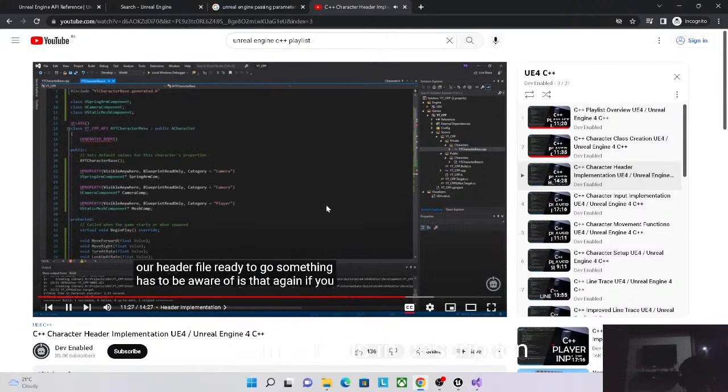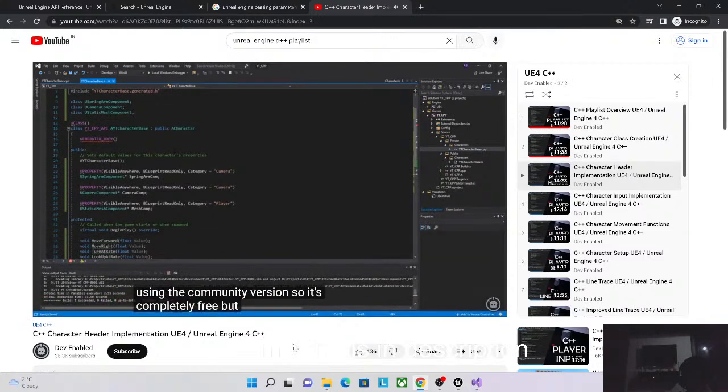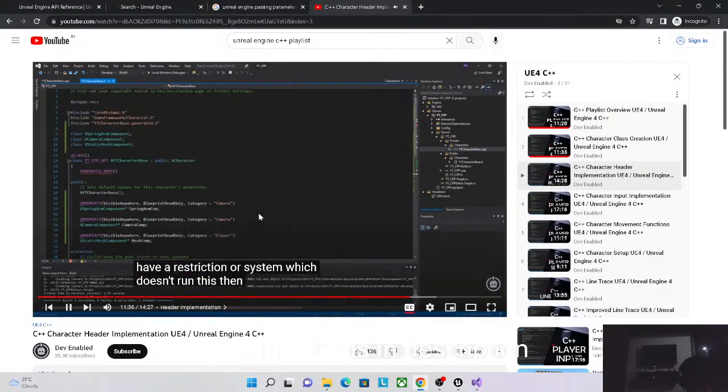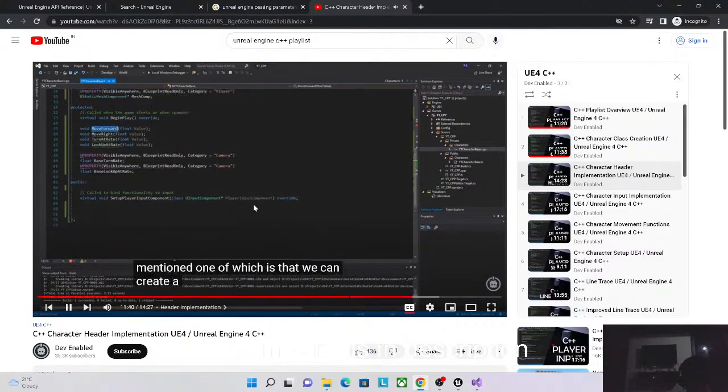Something else to be aware of is that, again, if you don't have access to Visual Studio, I'm using the community version, so it's completely free. But if for some reason you have a restriction or a system which doesn't run this, then you will be missing out a few features that I mentioned. One of which is that we can create a function quite simply by